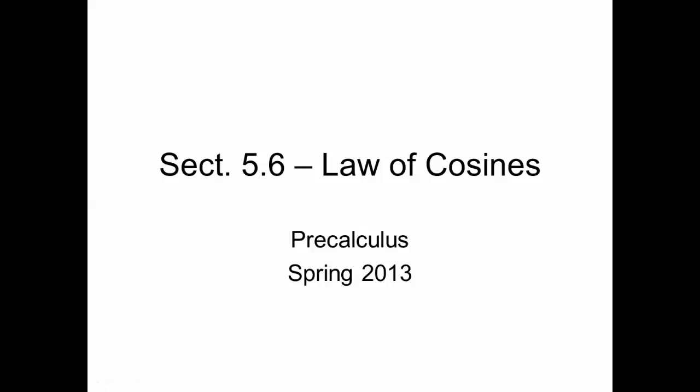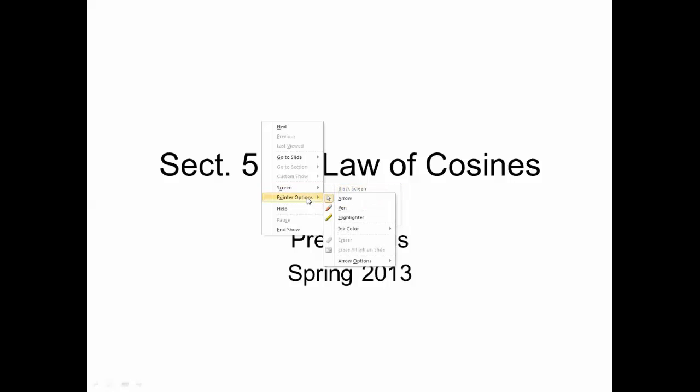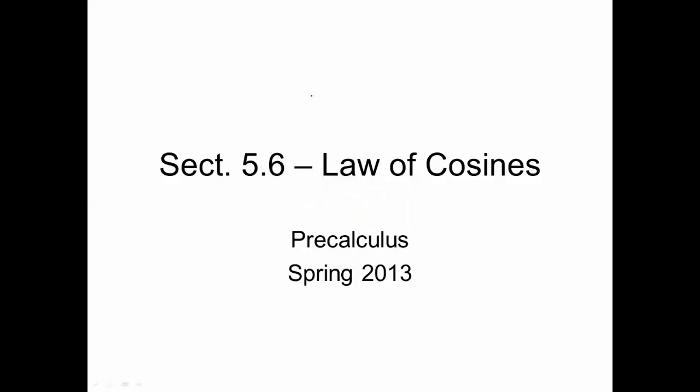Alright, we have section 5.6, the law of cosines. Now the law of cosines comes up whenever we have the specific cases of side, side, side, and side, angle, side. Let me get my pen here. So if we have, remember, side, side, side, or side, angle, side, we're going to use the law of cosines,